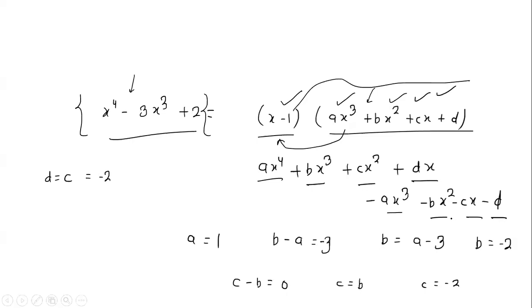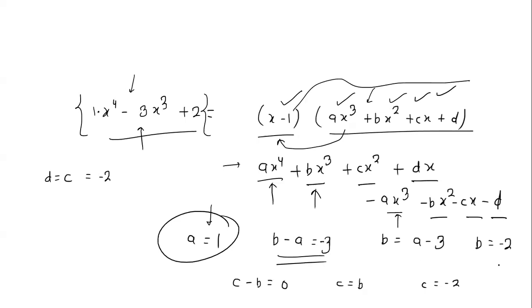So after multiplication, you can collect different power terms. Here it is only this term which has the power 4 in terms of x. So now you equate both sides. Here it is 1 and here it is a, so we can directly see that a is equal to 1. And in the x cube we have one term b and one term minus a, and here it is minus 3. So b minus a is equal to minus 3. We know the a value as 1, so we can get b value as minus 2.